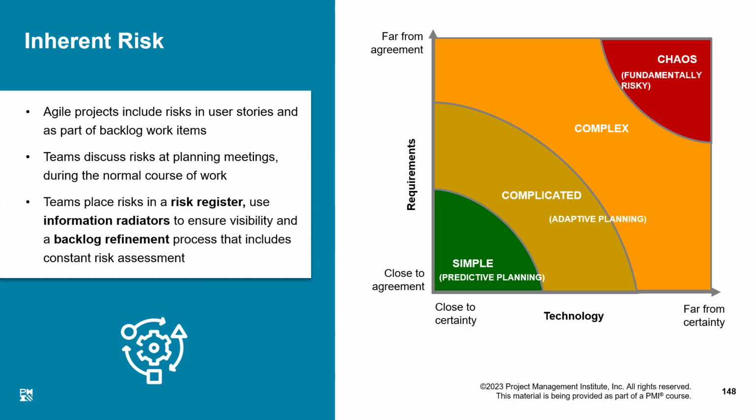There is a limit to the complexity. Even if complexity exceeds a specific level, beyond that specific level, the things are so chaotic that they are fundamentally risky. We cannot handle that in a project at all. So if your risk levels increase to that fundamentally risky, chaotic zone, then probably you should close down the project abnormally. That is, we can't afford to take that much risk. So we abandon the project for that case.